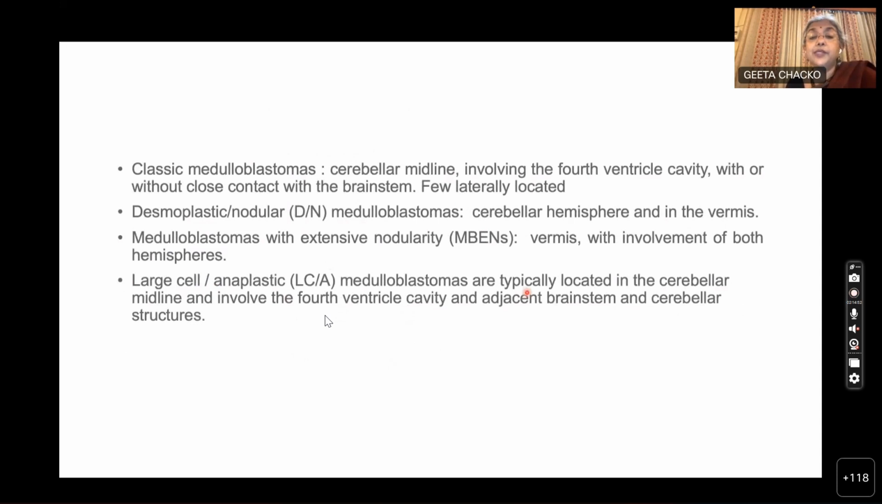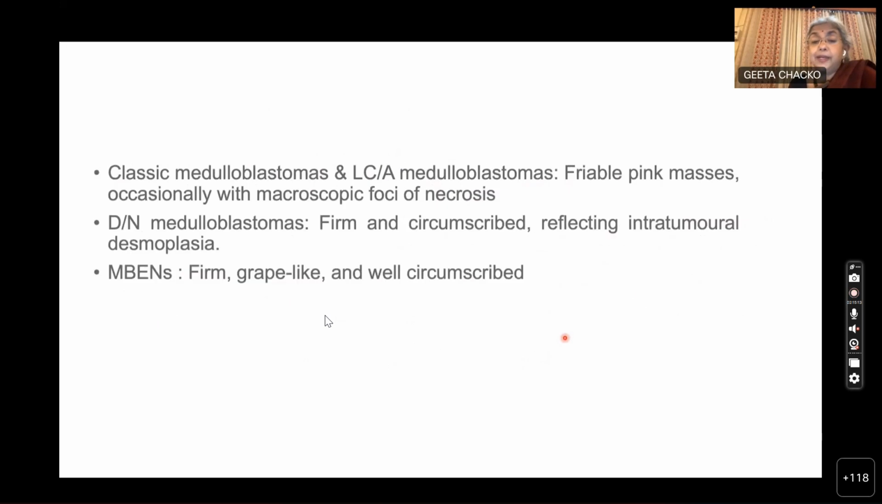So when you look at it by location, the classic can occur in the midline, often involving the fourth ventricle, whereas the desmoplastic nodular is in the cerebellar hemisphere, but also involves the vermis. The extensive nodularity likewise is also vermian and can involve the hemispheres. The large cell anaplastic are typically in the cerebellar midline. So they're all kind of friable masses, but the desmoplastic is firm and circumscribed. Remember, we had a fairly circumscribed tumor in our case intraoperatively, and in MBEN you tend to see a grape-like